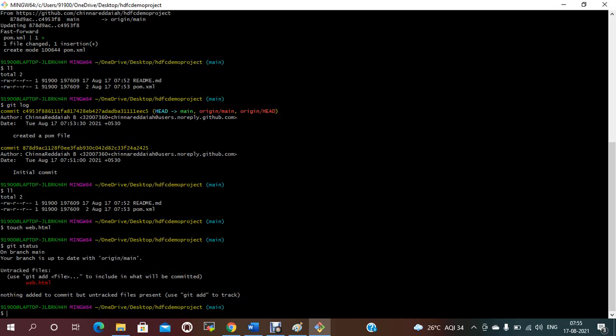So this means untracked files. It is clearly saying to use git add and the file name to include it in what will be committed. If you use git add and the file name, Git will track it. If you want to remove it, use git rm and the file name, then it will revert it back.